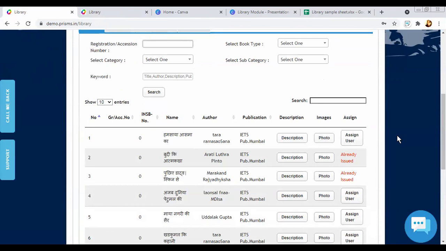Suppose the school wants a limit of 2 or 3 books per user, it should be shown somewhere that already 2 books have been issued to this student. Okay, we can note this down and add this later on. Yeah, I'm noting this down.